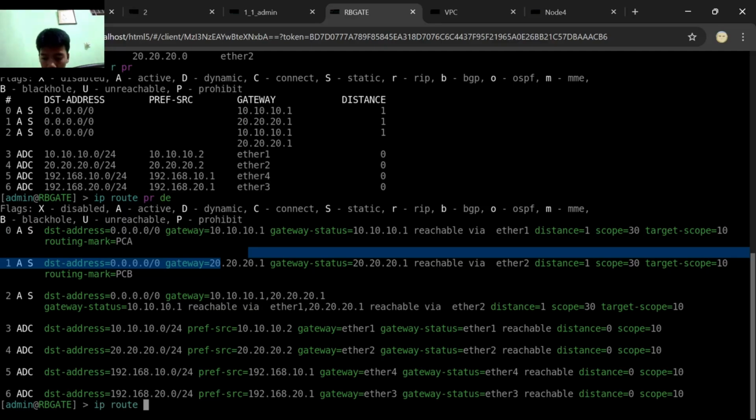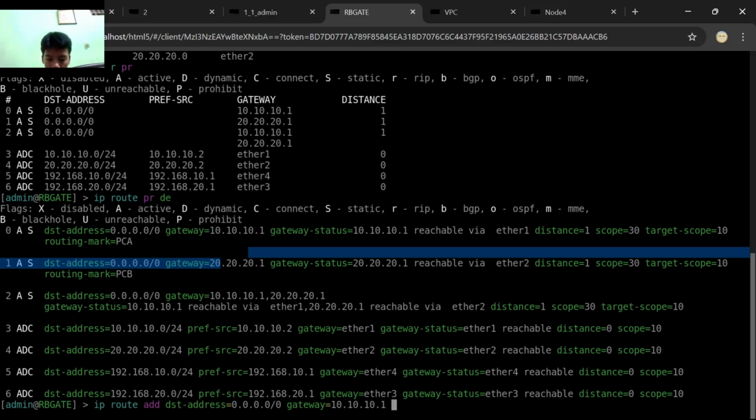That is the command: IP route add, then destination address 0.0.0.0, gateway for example 10.10.10.1. Sorry.